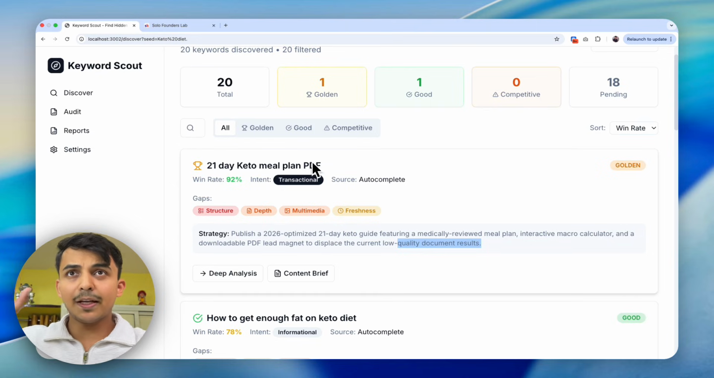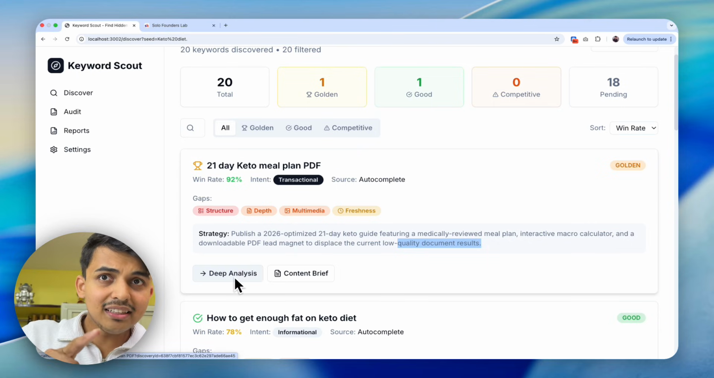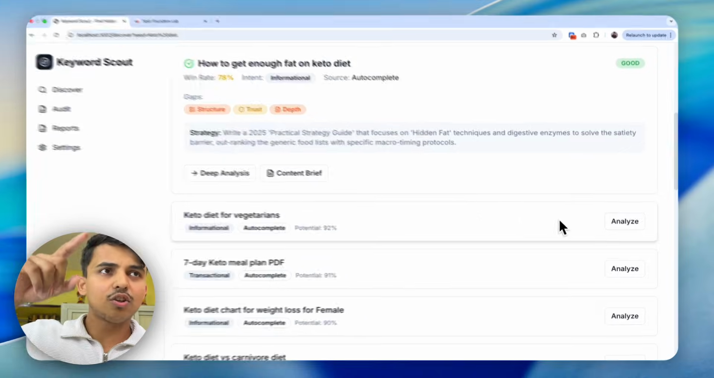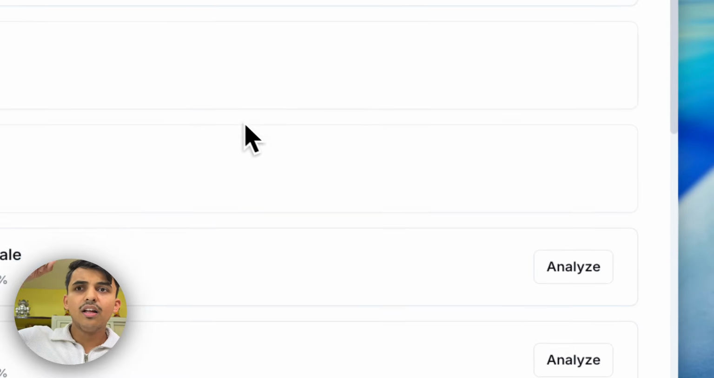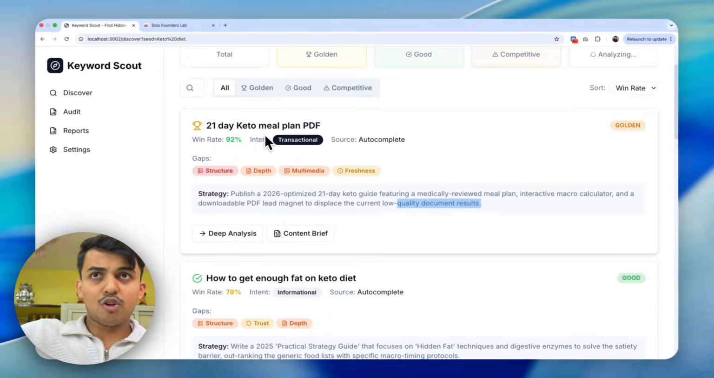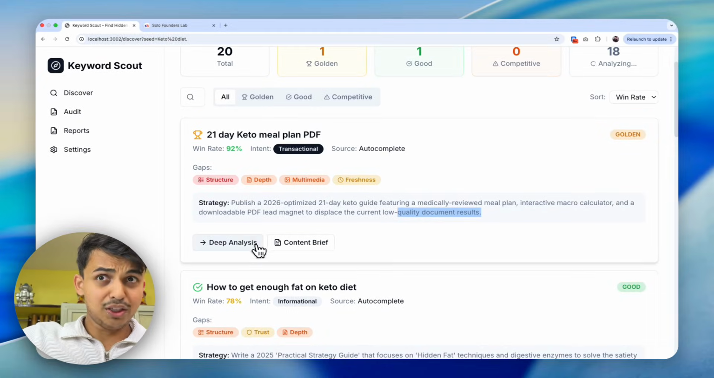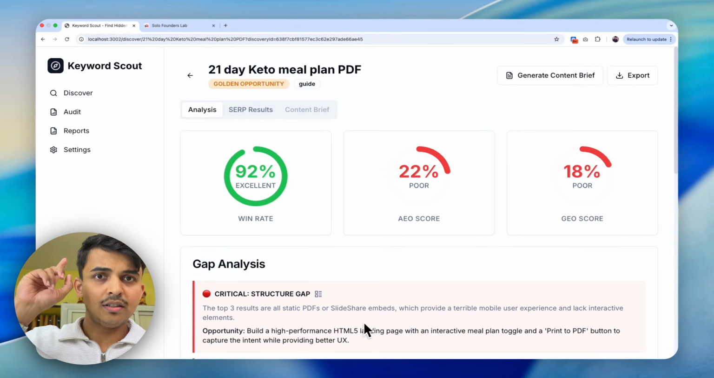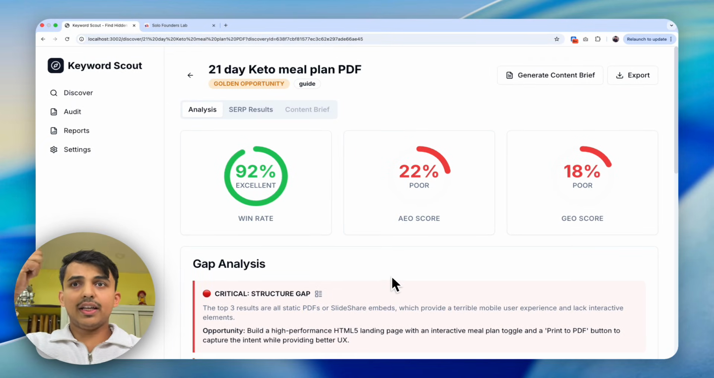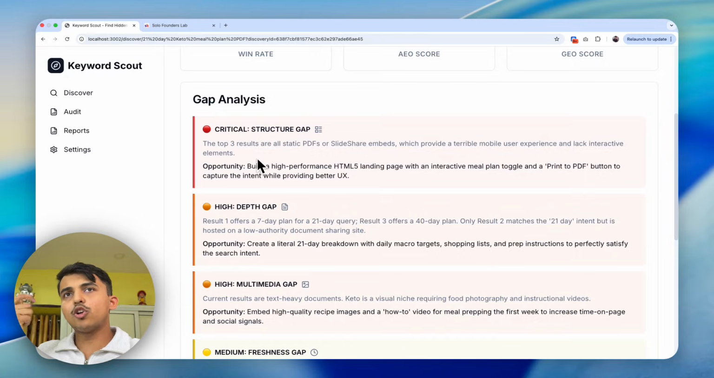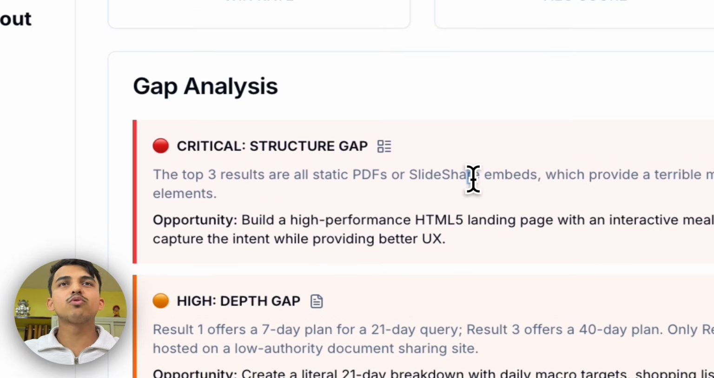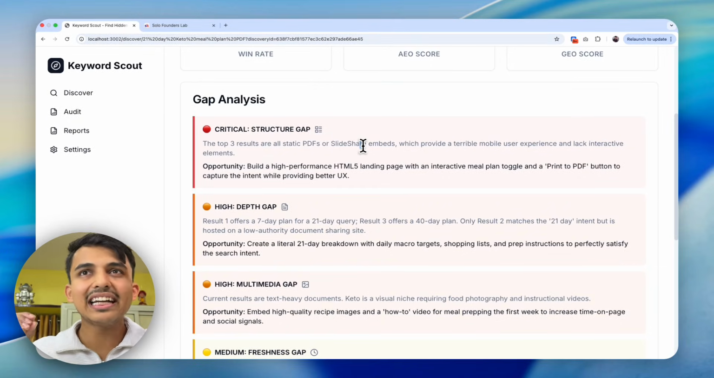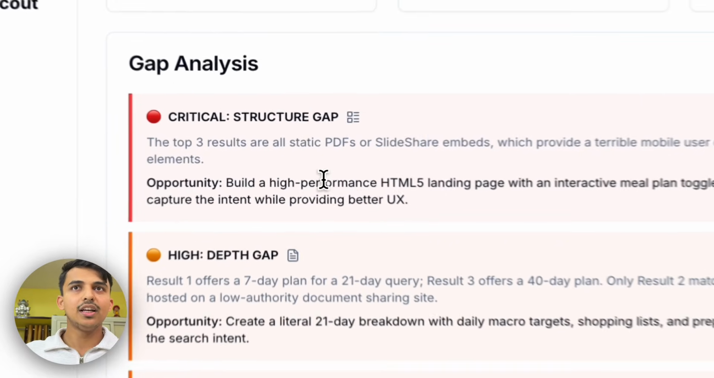Okay, now here's the thing. You can actually do the deep analysis and the content brief. So you can even run the analysis on these other ideas as well, right? But for our top ideas, you can also do the deep analysis. It's gonna do the deep analysis. Boom, there you go. It's gonna tell you the gap analysis: their top 3 results are all static PDFs or SlideShare embeds, which provide a terrible mobile user experience and lack interactive results. Here's your opportunity: build a high performance